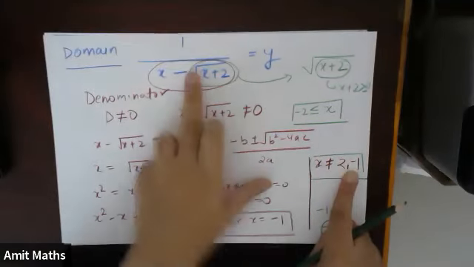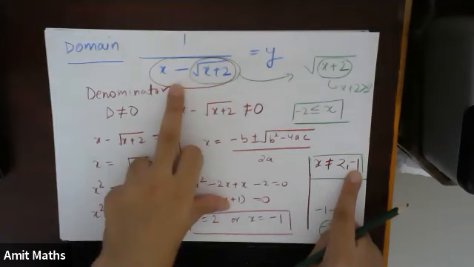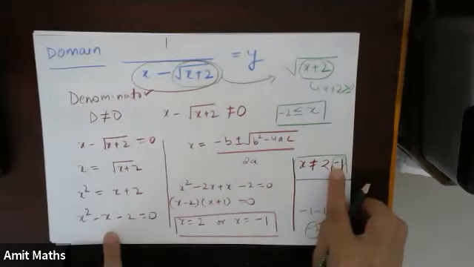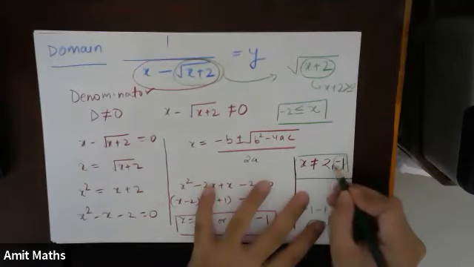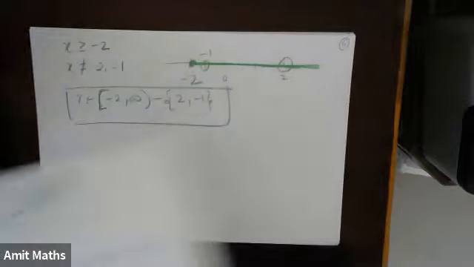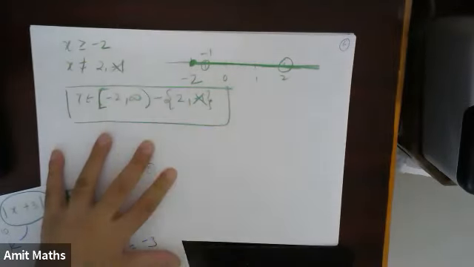But when I am substituting -1 here, what am I getting? For substituting -1, I am getting -2 in the denominator. That means -1 is coming through the solution through squaring, but -1 can be excluded. So here x can be equal to -1. Correct. x can be equal to -1.